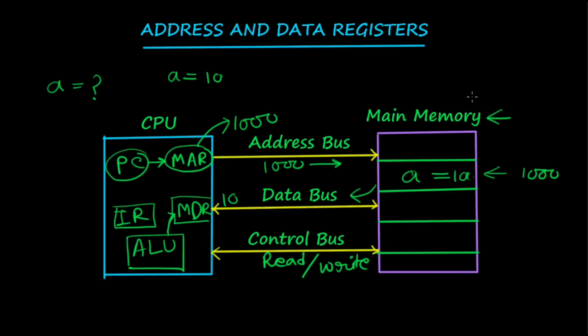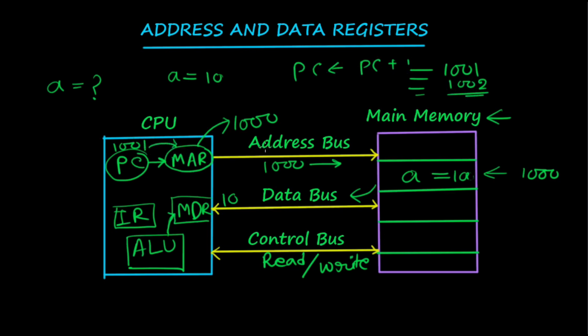Again, if you want to bring some new instructions, suppose you have a program and you have several instructions. Now you are actually executing 1001. So PC was containing the 1001 instruction. Now the next instruction is 1002. So PC will get incremented by PC plus 1. Fine. Now the 1001 will go to MAR.